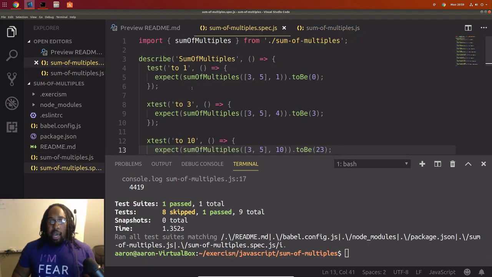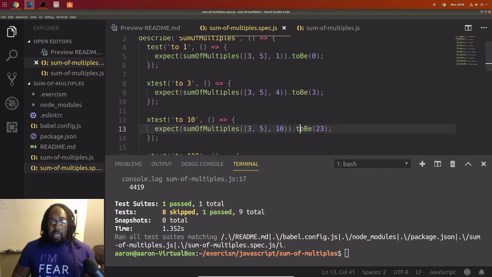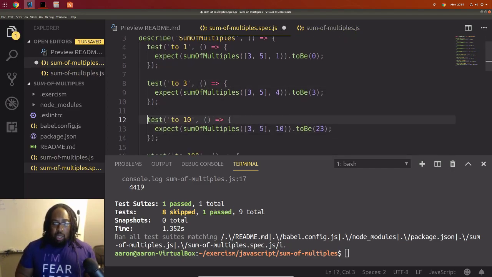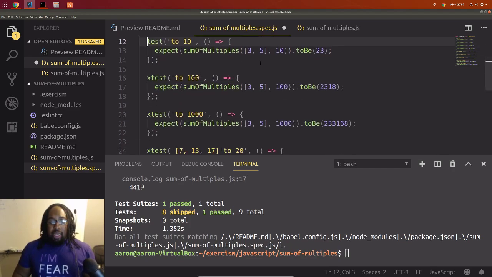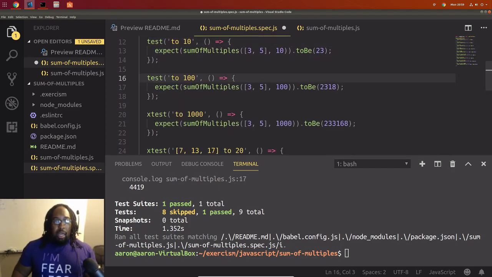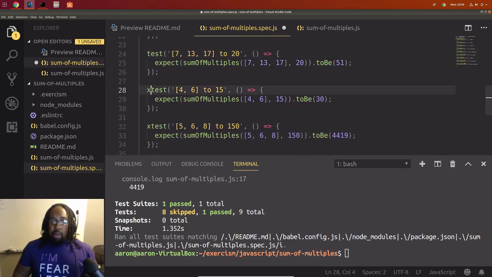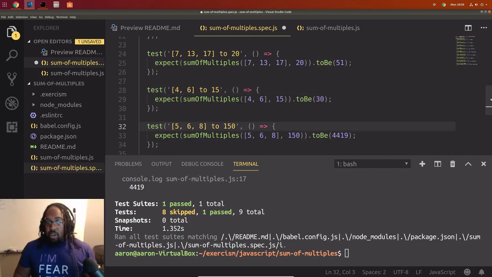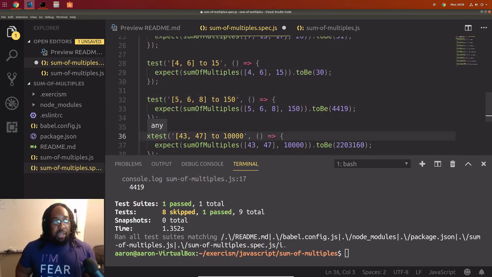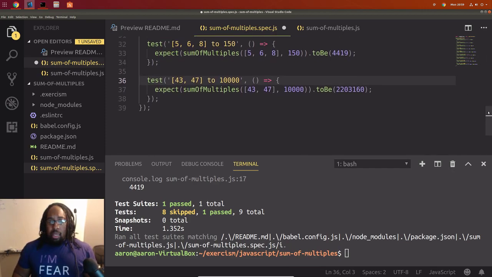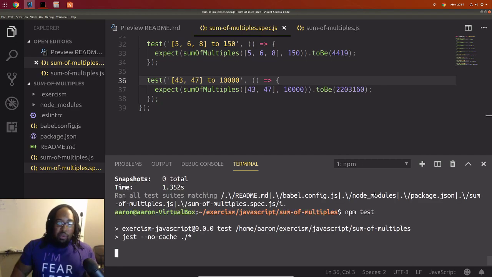Let's go ahead and add in the rest of our tests here. I'll do them all at once. And there's probably an easier key binding, but I do like VS Code a lot, but I don't know many key bindings for it. I know my Vim key bindings, but I use VS Code almost every day, so I should probably take the time to learn the VS Code key bindings so I don't have to do stuff like this. This is very annoying. Cool, let's save that. Let's save our test file. Run our test again.